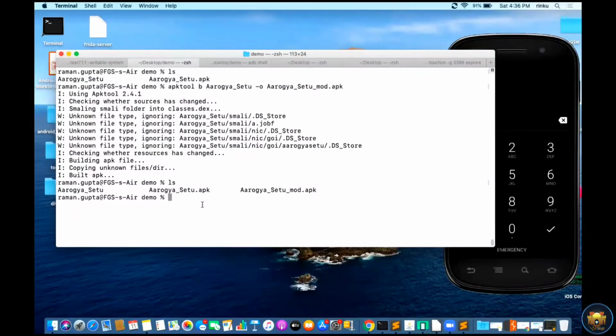Now I need to sign this APK using my key, so I need to generate my key. I will be using the keytool utility for generating the RSA key.